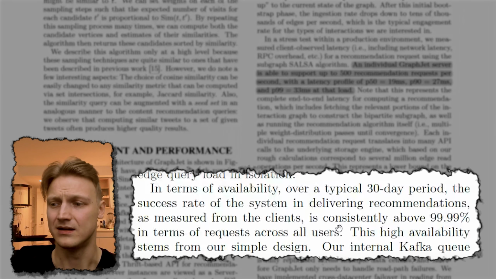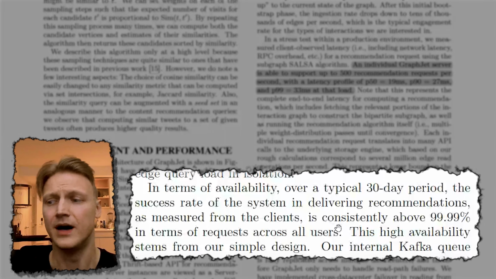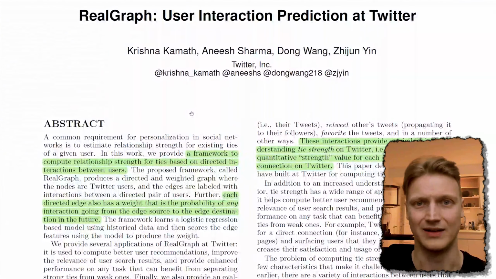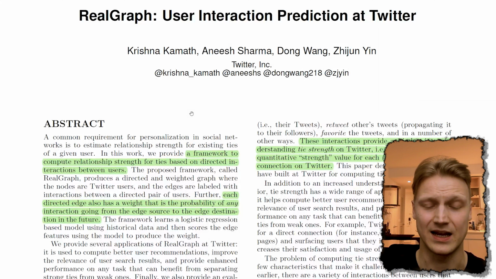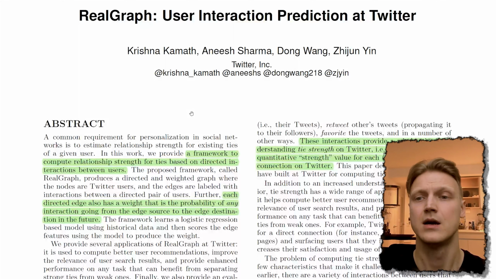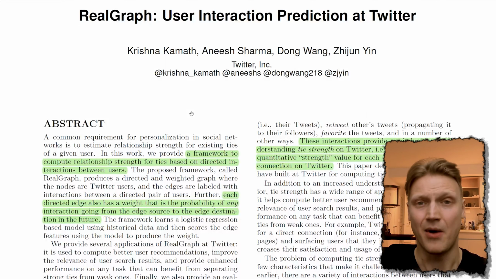And they also proved the consistency to be above 4 nines in terms of requests across all users. The next on our list is this RealGraph paper, the system which we already slightly touched on in the previous paper. But I want to specifically focus your attention on this one because it contains a couple important points and mechanics outlined that have preserved relevance up to this day, because the system still powers this following feed with in-network